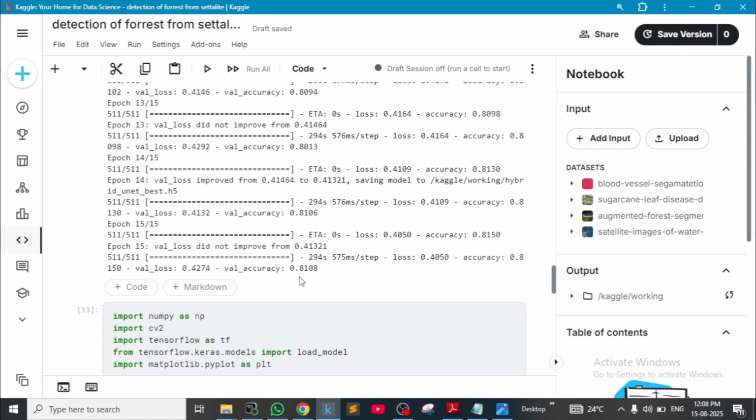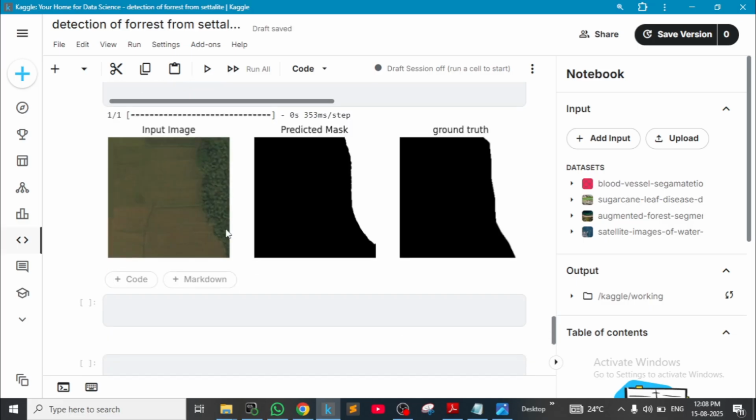In 15 epochs, we got a validation accuracy of 0.8108. If you did 500 epochs, then you would get approximately above 90 percent accuracy. For demo purposes, we did only 15 epochs, and this is the input image and the predicted mask